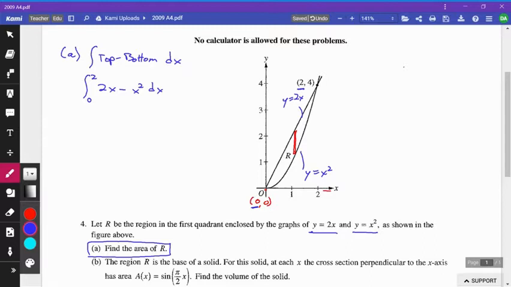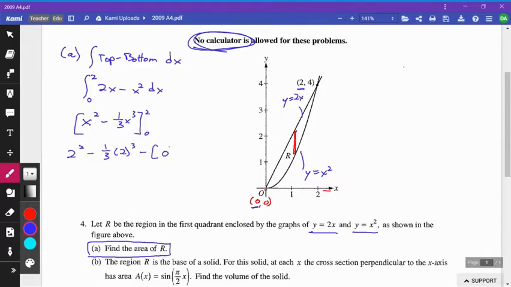And then what we want to do is actually find this. Now, if you notice, no calculator. So going through, just perform the fundamental theorem. I get x squared minus 1/3 x cubed, and I want to evaluate it from 0 to 2. So plugging in 2, I get 2 squared minus 1/3 times 2 cubed, minus, when I plug in 0, I am just going to get 0. So that's 4 minus